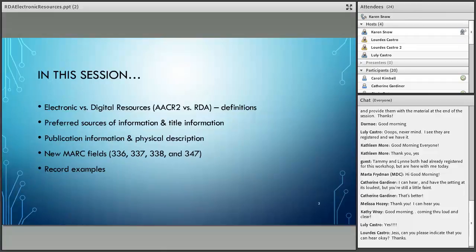So, in this session, I'm going to talk first about the difference between electronic resources, how they're defined in AACR2 versus RDA, and then launch into the nitty-gritty and really focus on the new RDA guidelines of